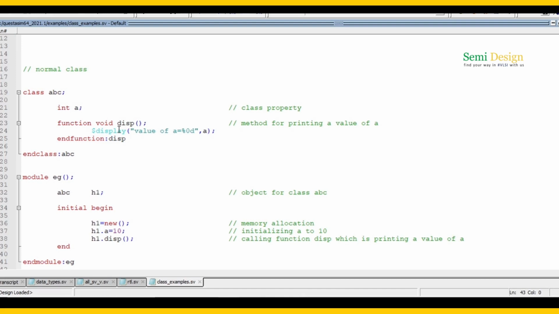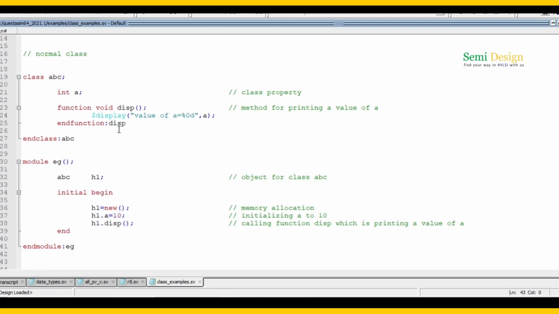In order to do so, we need to extend a class from that class, and by using the handle or object of that extended class, we can allocate memory for that. So simply, for a virtual class, direct memory allocation is not possible. We need to extend one class from that class for allocating memory.